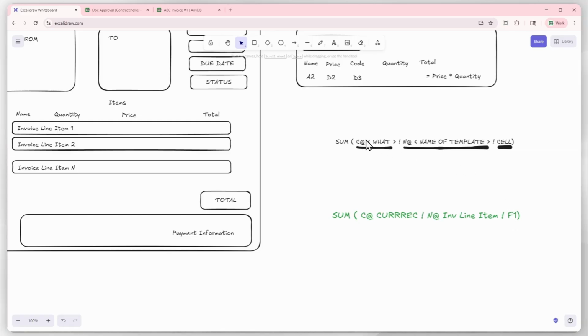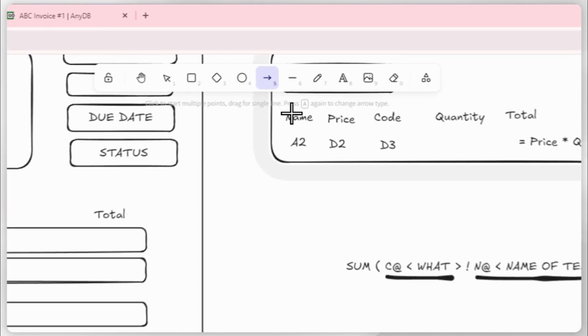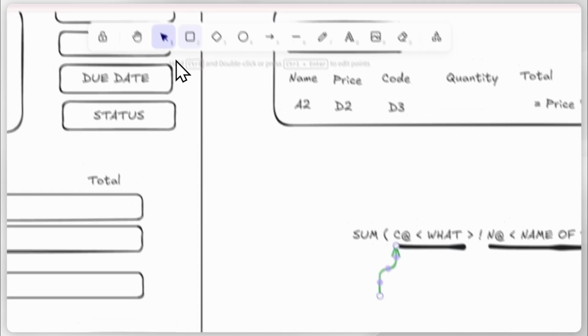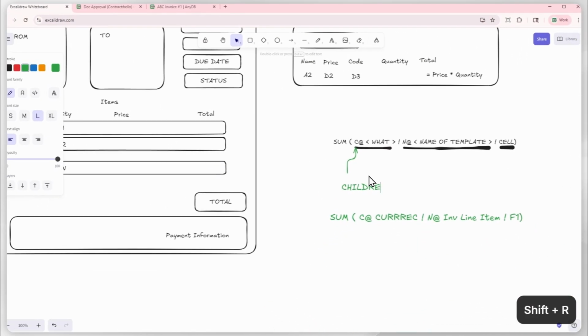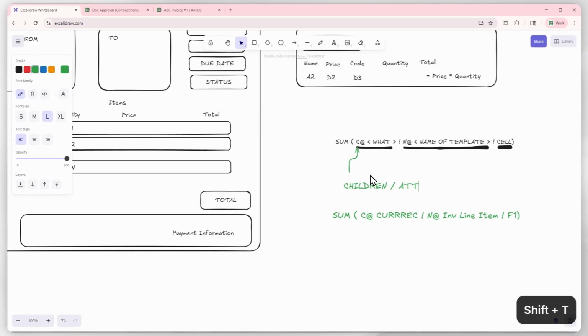So these two sections are basically referring to what specifically we want to get the values from. The first section, when you say C at, just means children of. So you can think of it as here that we're referring to children, or attachments,